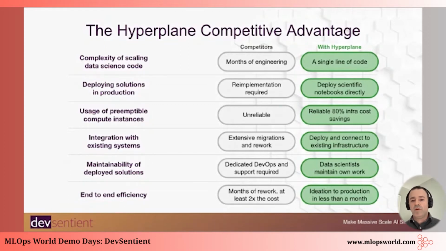And so we provide functionality to make that easy, seamless, to remove the need for scientists to become DevOps engineers and just let them be scientists, but be able to take on an operational role in that context. And so the end result is that companies and individuals who use Hyperplane go from idea to production very quickly. In some cases, before using Hyperplane, they were struggling for months.